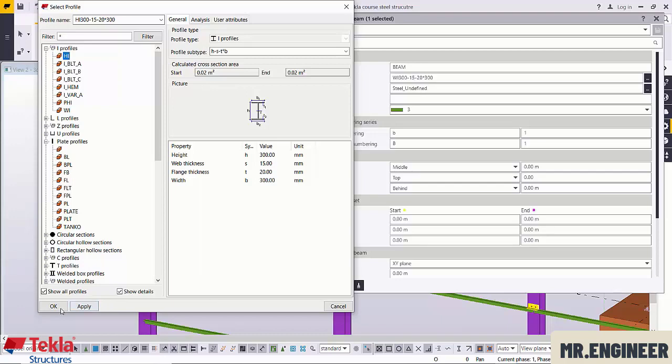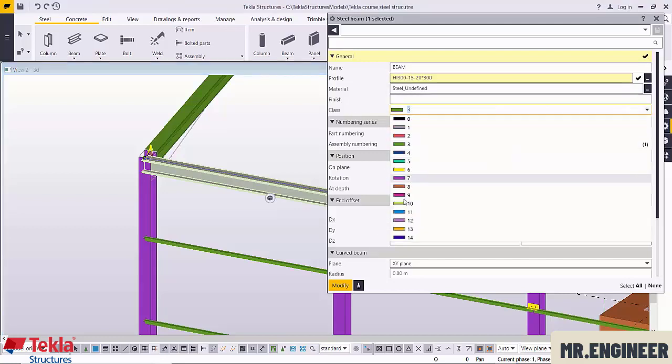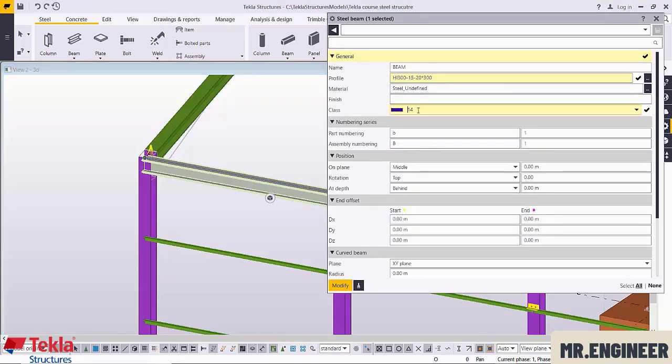We can choose any type. Okay, we can change the profile of the beams. We can change the dimensions. The dimension is related to the design and analysis and the other software. We can change, for example, the colors here, and we can rotate or move these beams from here and here. So we have